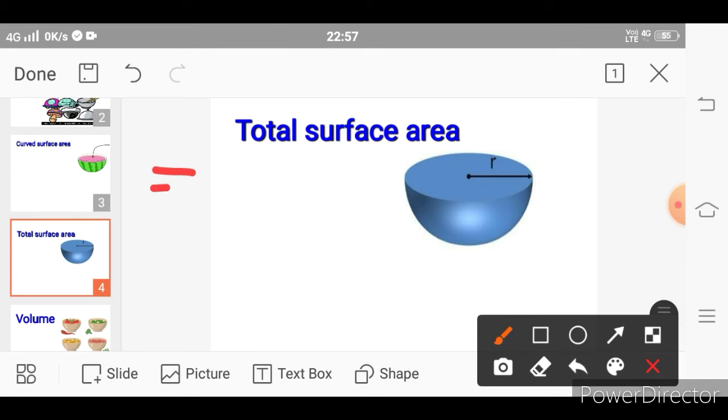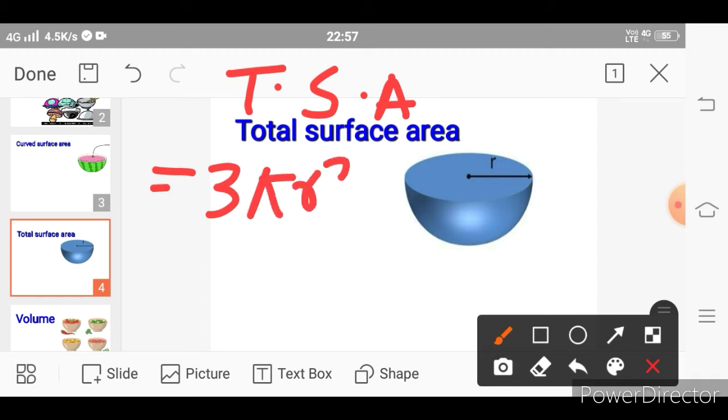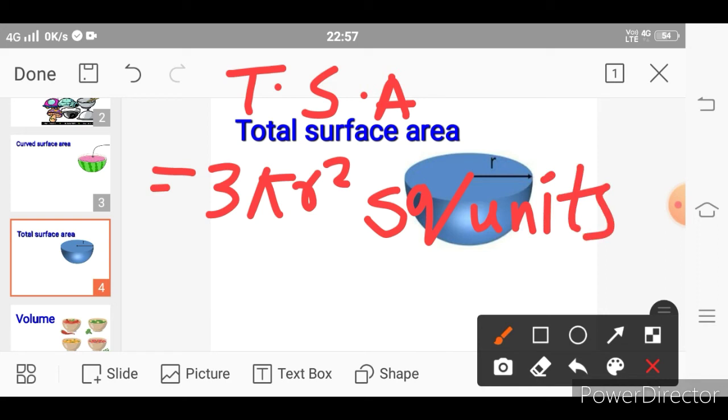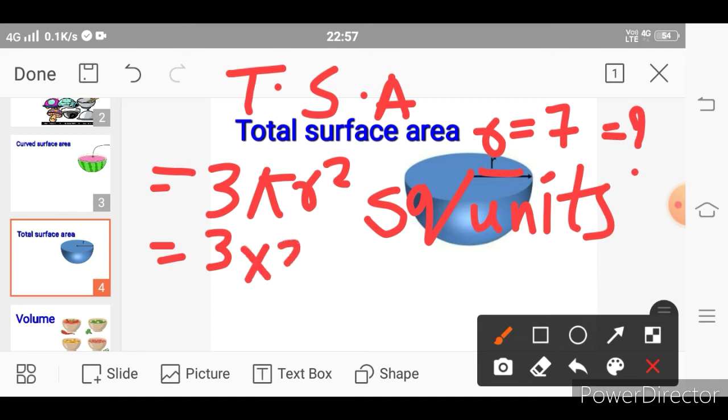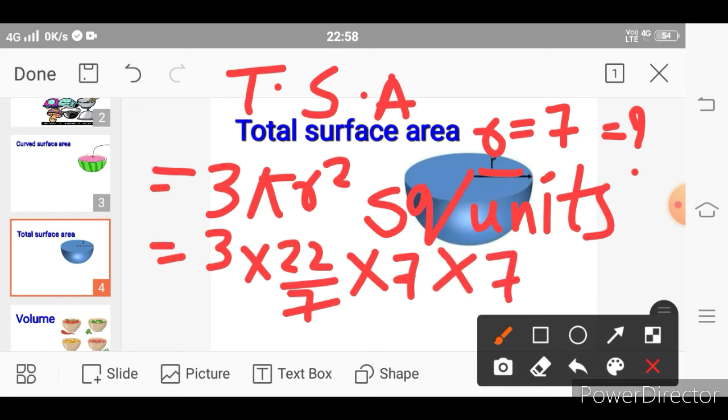Formula for total surface area is equal to 3 pi r square units. If here radius value r equals 7, then what is the total surface area? 3 into 22 by 7, r value 7 we consider here, 7 into 7, 7 cancel,